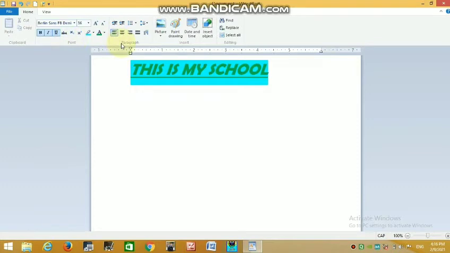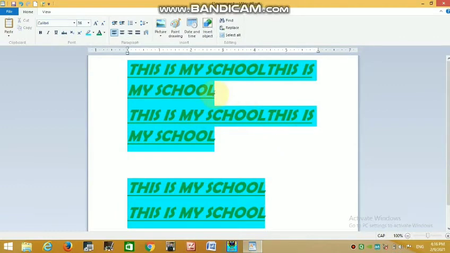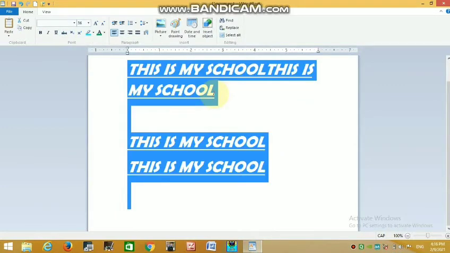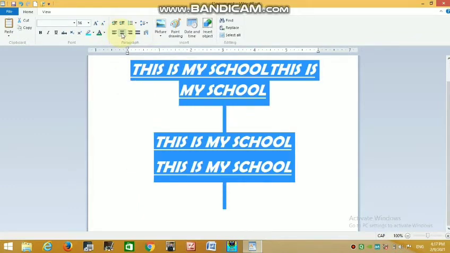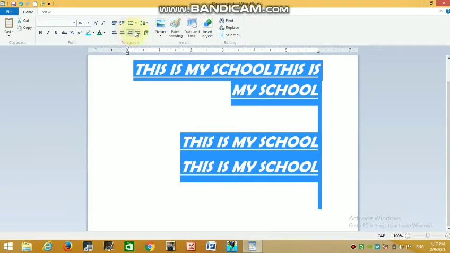Next is the paragraph group. The paragraph group is used to edit a paragraph. For example, this is our paragraph. Now select all the document, and this is alignment: left align, center align, right align, and justify.